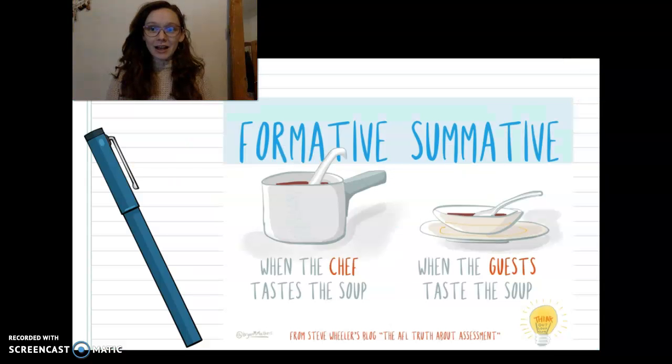So to get started, let's define a formative assessment. Formative assessments are typically used while a unit of learning is still going on. It could be mid-semester, midweek, or midway through a particular class. But the goal of formative assessments is for both the teacher and the student to get some feedback on how well and how much the students are learning, and then adapt strategies based on what they've learned to improve learning